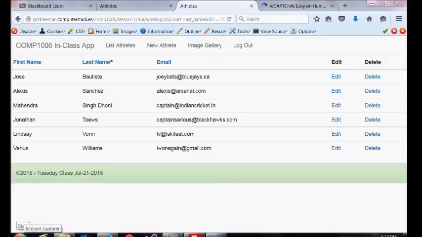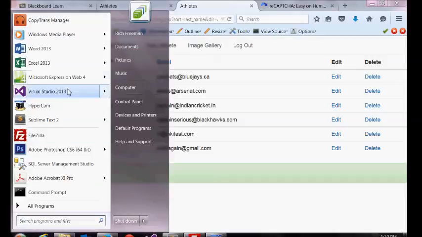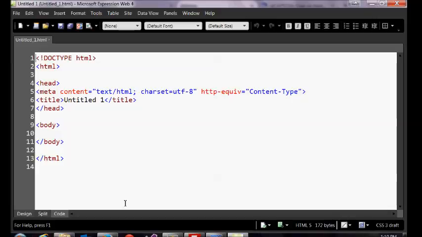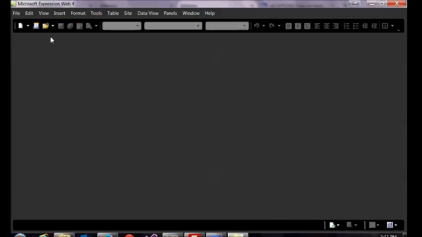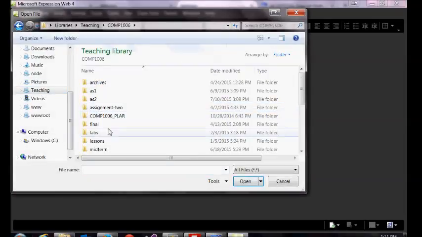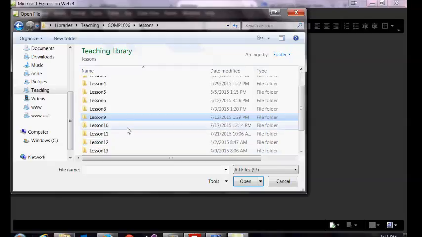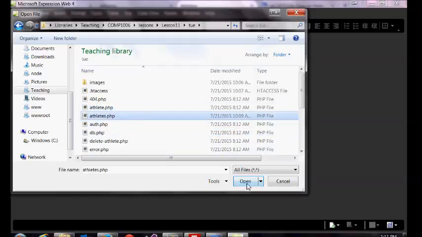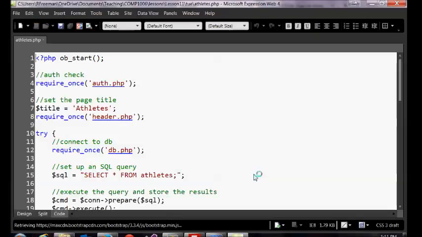And you can also open up your code editor for today. We're really only going to be modifying 2 files in this application today. Most of the code changes are going to be on our athletes page, and then eventually we're also going to change the footer. So I'm just going to open up my athletes.php file. If you want to open up that page,